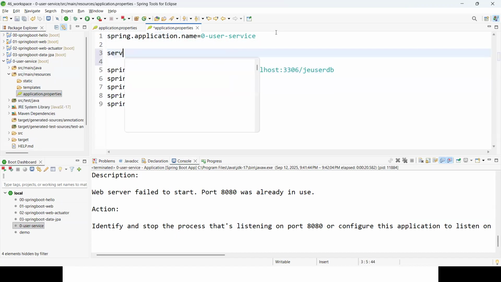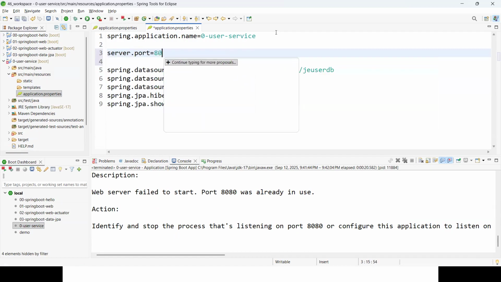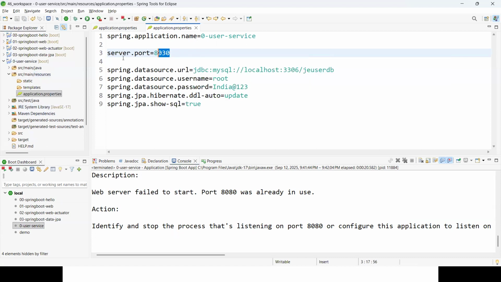We'll start from server.port equals some random number, 8030. That's okay. So next microservice 8031, 8032, 8033, like that we will follow, so that it will be easy for you. What is the blind example? Your project starts with 8030, next project 8031. You can remember the port numbers also.